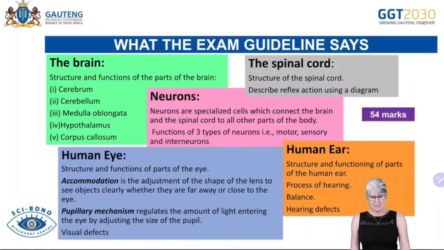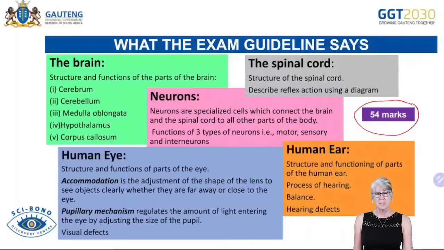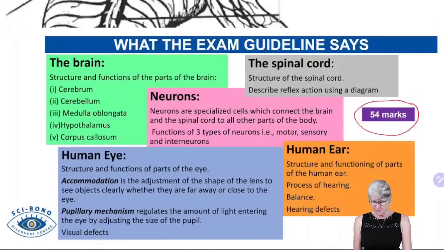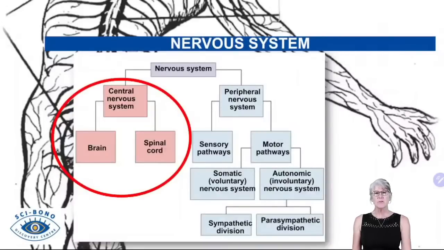And then remember, this topic, responding to the environment, is 54 marks. So it's a third of your question paper. So a very important topic, but there are certain aspects that you can pick out of there that you need to know. All right. So if we have a look at the nervous system, first of all, it's divided into